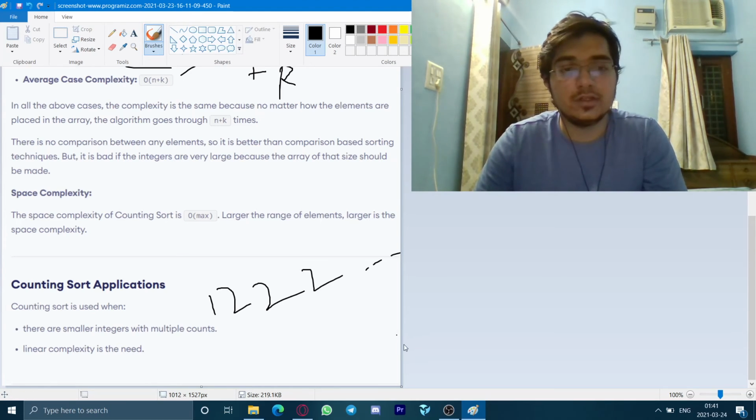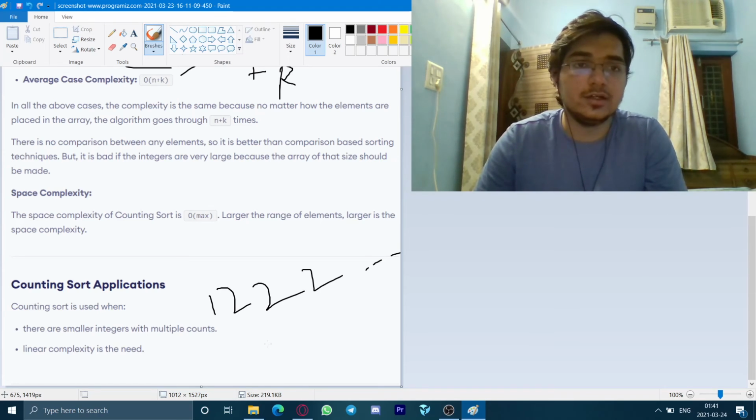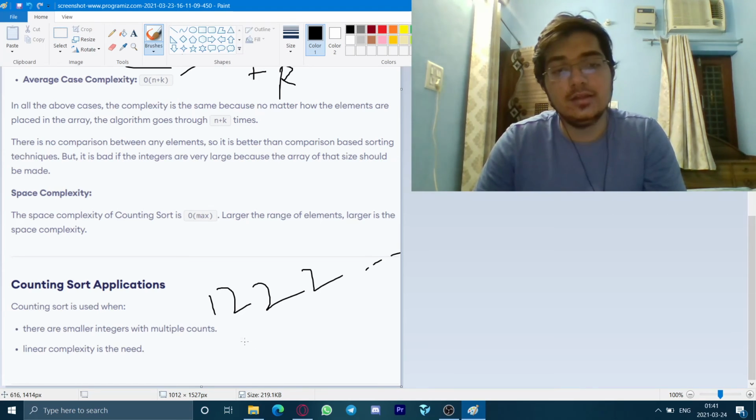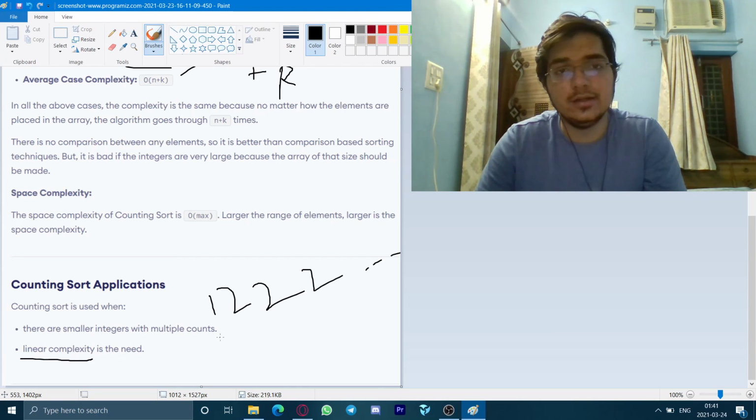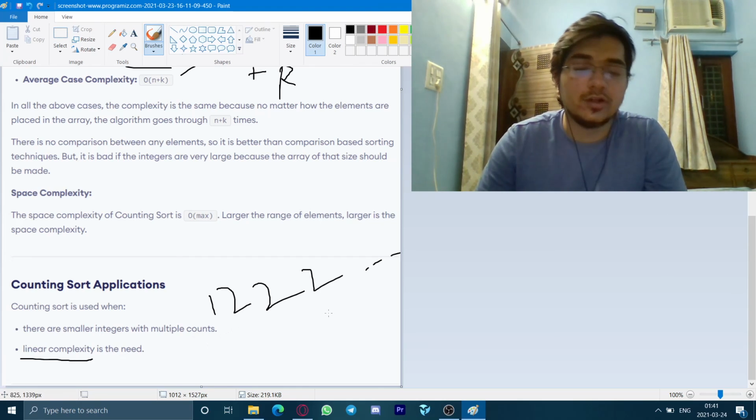And sometimes we don't have the memory to use order of n square or order of n cube or n log n kinds of complexities and sorting techniques that utilize those complexities. So we can use it when we need linear complexity in sorting our algorithms.